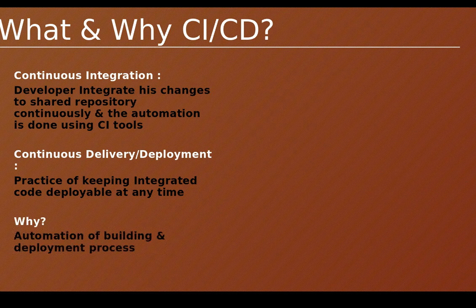And why do we need it? We want everything to be automated. We don't want manual intervention in all of these things. We don't want somebody to do it all manually, one step, then a second step, and so on. There should be automation for that. For that purpose, we have Jenkins in place, which does the automation.